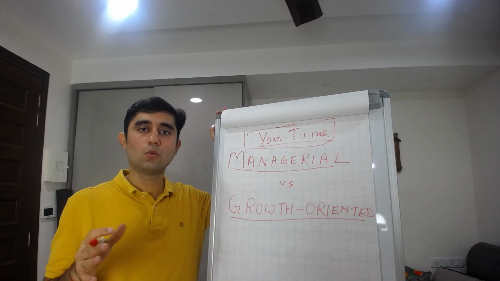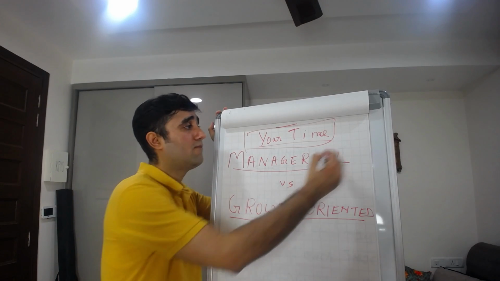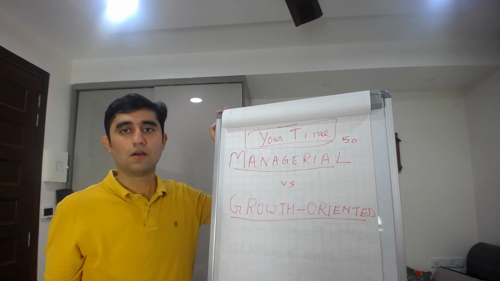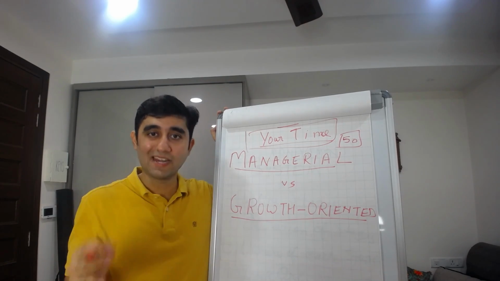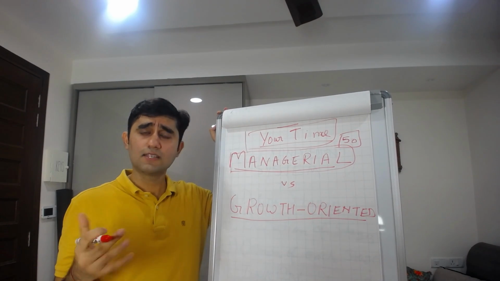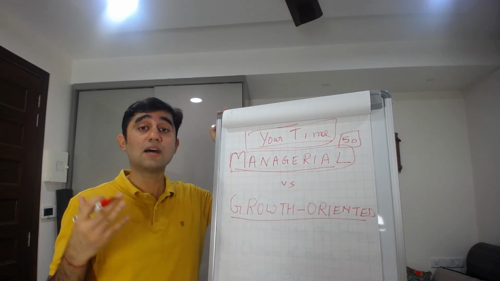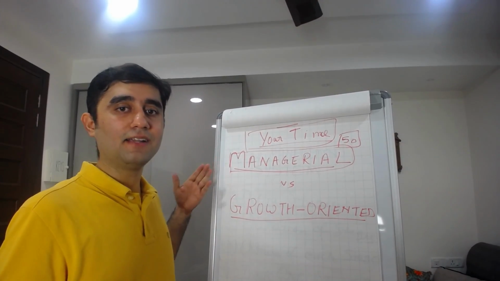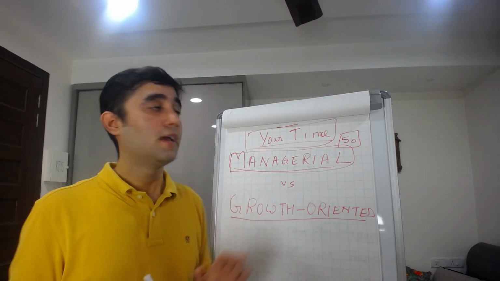Okay, so on an average, if you're working effectively 8 hours a day and 6 days a week, you're having 48 to 50 hours a week, effectively 50 hours a week, to manage your business. Now, what is happening is that due to lack of planning, your entire week is going on just managing the business. Okay, this is the concept which I also follow in my daily life, and in the past 4 years I have seen managerial tasks and growth oriented tasks. Most of you are spending most of your time in just managerial tasks.